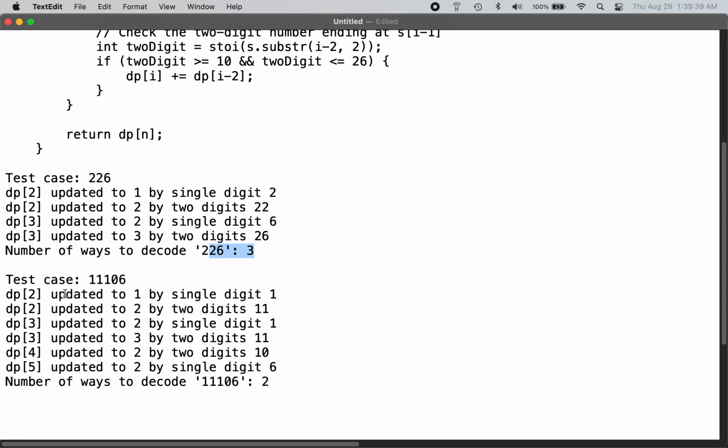Similarly 11106. dp[2] has been updated to 1 by the single digit 1, and then dp[2] has been updated to 2 by 11. Then dp[3] has been updated to 2 by a single digit 1, and then dp[3] has been updated to 3 by 2 digits, 11. And then dp[4] has been updated to 2 by 2 digits, 10, because here what happens is